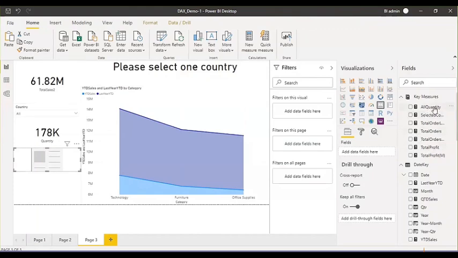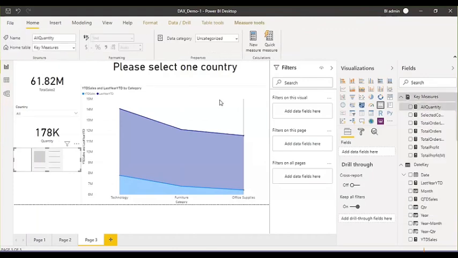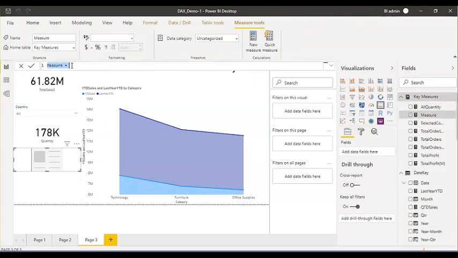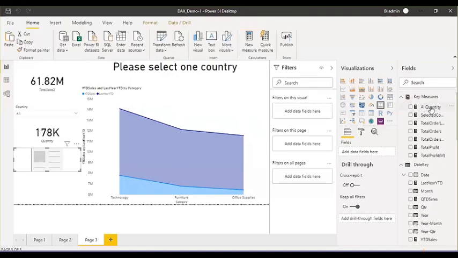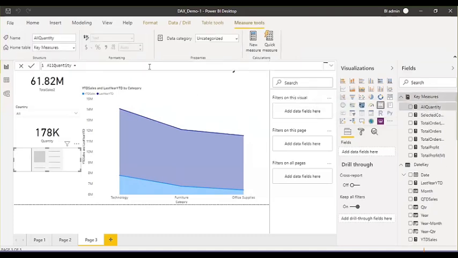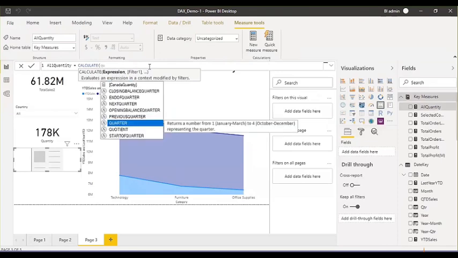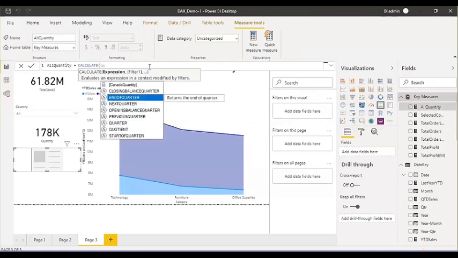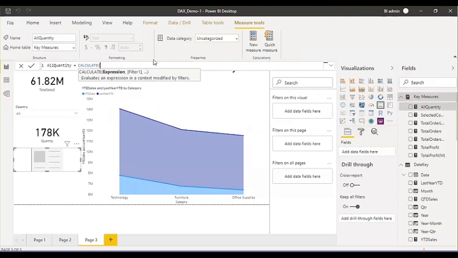So let me create another measure here quickly. The measure was already there, total quantity. Let me modify the same. We want to calculate the quantity, so first we need to evaluate it based on the filter. So I'm going to use CALCULATE, and let's say I want to evaluate by the quantity column. So you can provide a quantity measure. I don't have a measure for quantity. Let's say for sales, total sales I have.